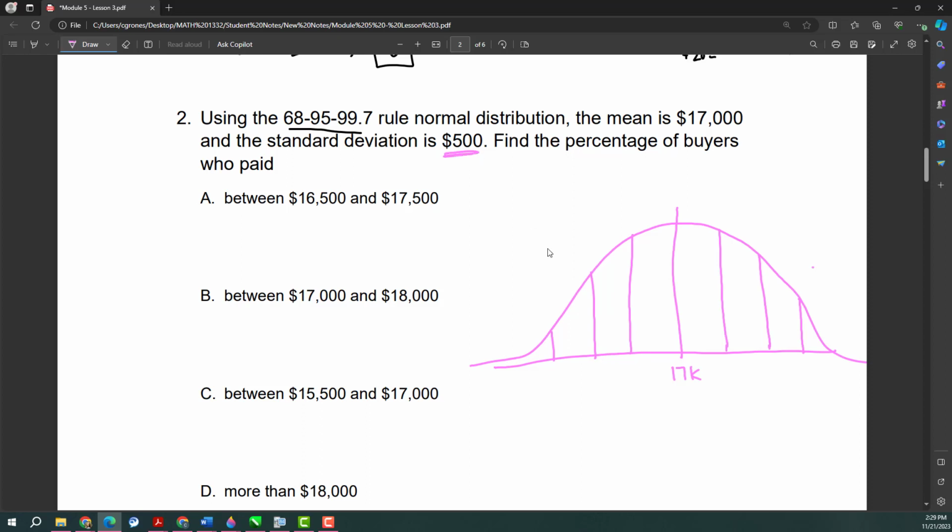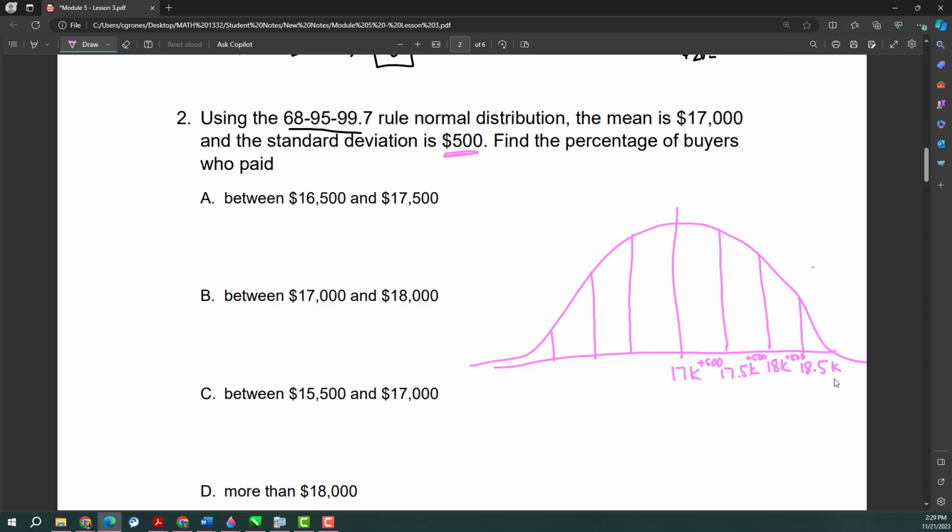So our standard deviation is 500, so that means we're going to add 500 to our right side and then subtract on the left. So plus 500 would be 17.5K. Adding 500 again would give us 18K. And then again we would have